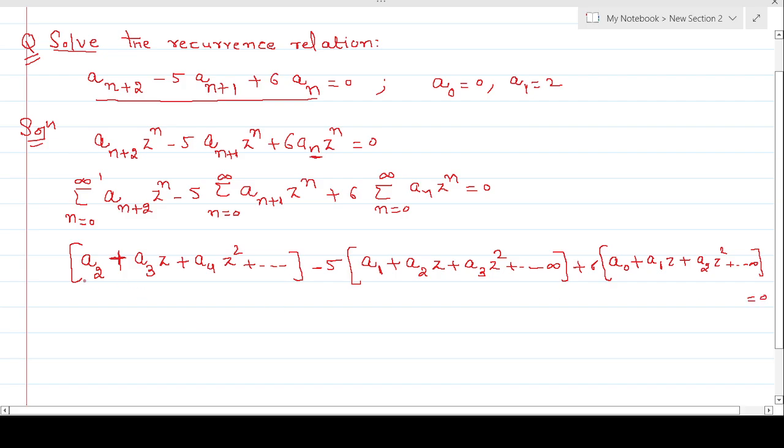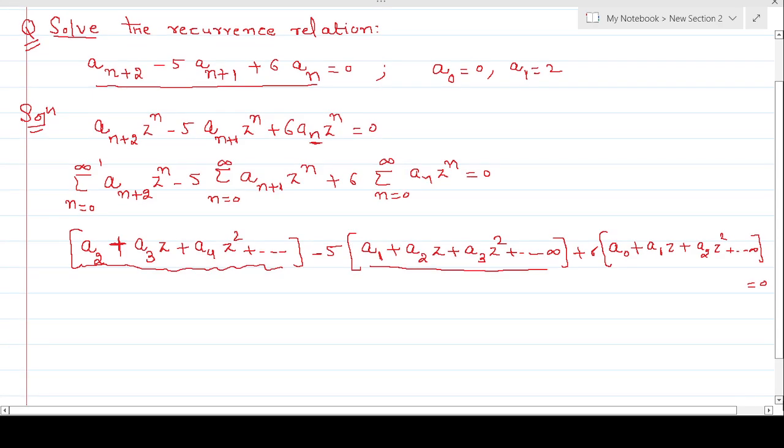Now this equation is not completely balanced. Why? Because with this A2 we want z square, and with A1 we want z. Okay, as these things are missing from here, so what do we do,